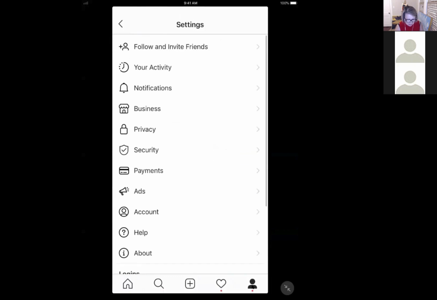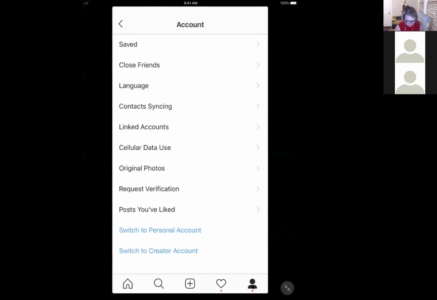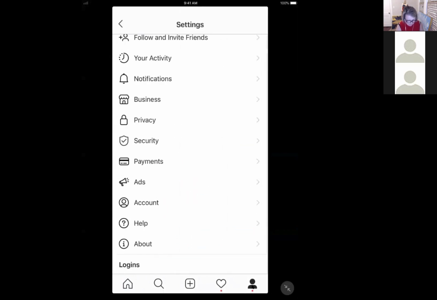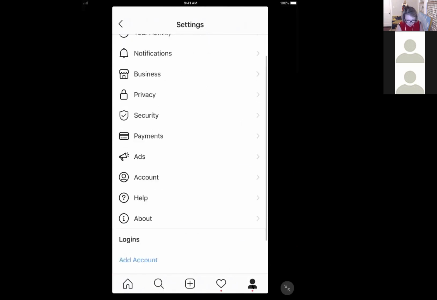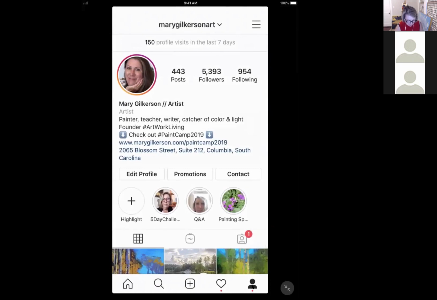You need to link your business account, so you need to link your account to your Facebook page. I already have mine linked, so it's not going to show on here. But when you go to settings, it'll prompt you to link your Facebook business page to your Instagram business page. And then when you make a post,